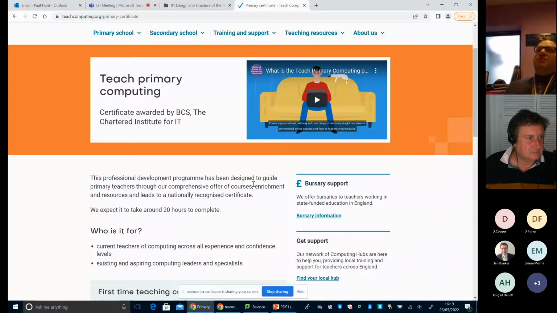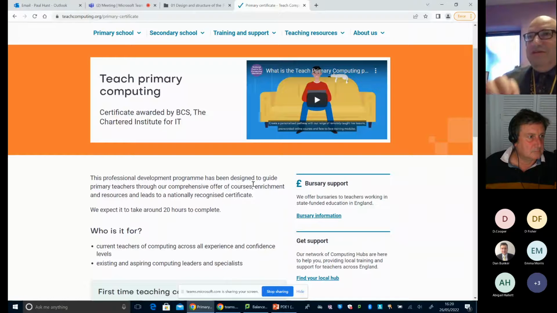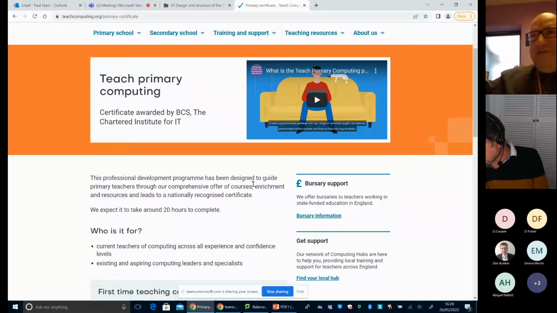Yes, but the STEM are going through a bidding process from the government, so they haven't told us exactly how much money is available for all of this for next year. So what they're saying is, if you can get in before the end of the school year and get a course in, then they can guarantee that you'll get the full bursary and all of the money. Next year, they won't guarantee the price because they don't know what it is at the moment until they've had their bid approved from the government.